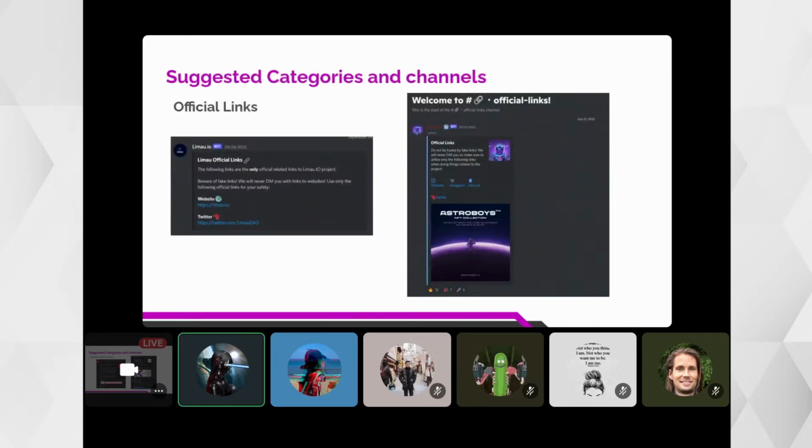And official links, of course. For example, I have a project and I want to avoid scammers, because some people send fake links to confuse members or naive users of Discord. In my community management team, our moderators always refer the community members to this official links channel.